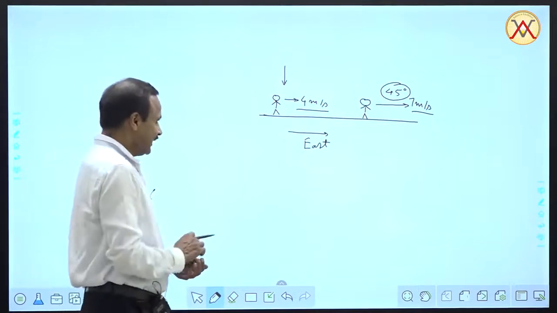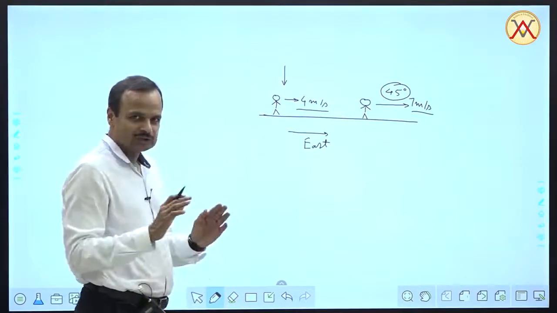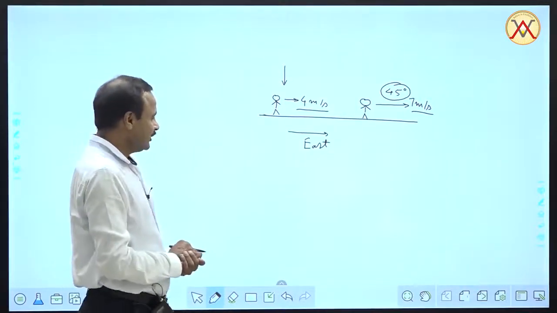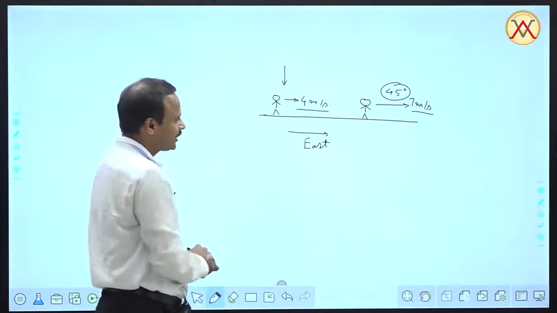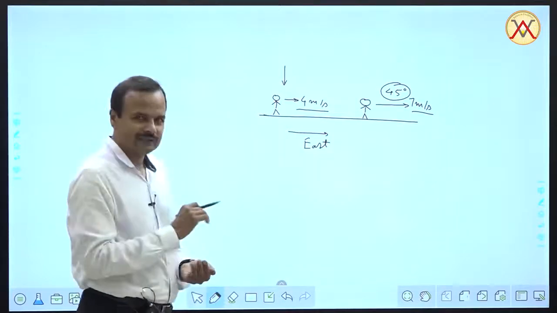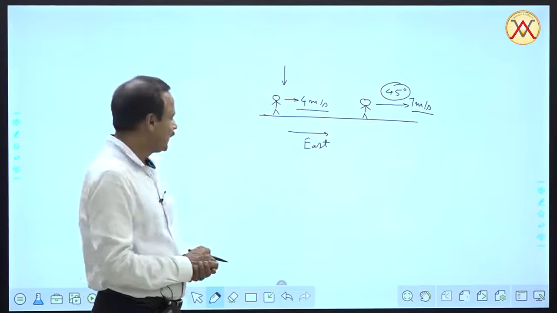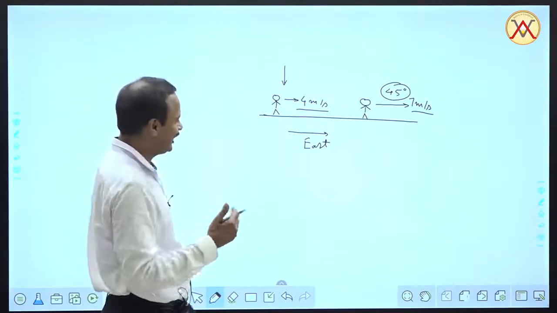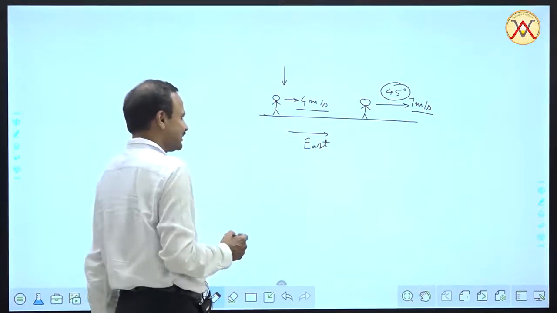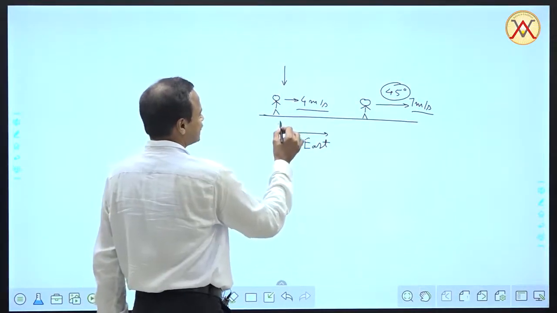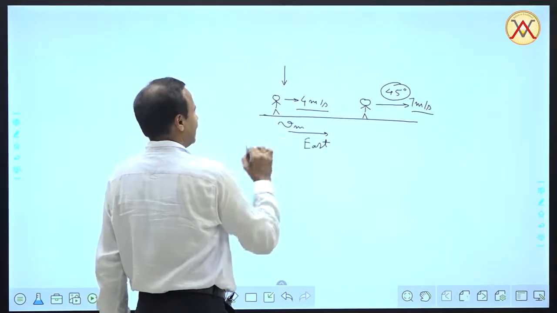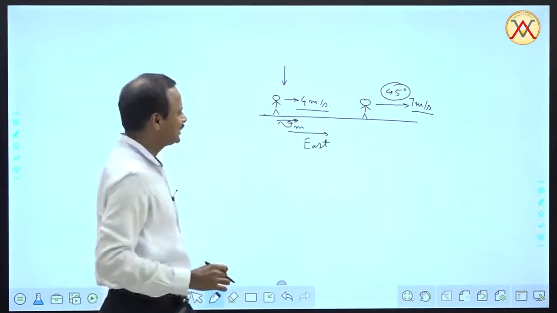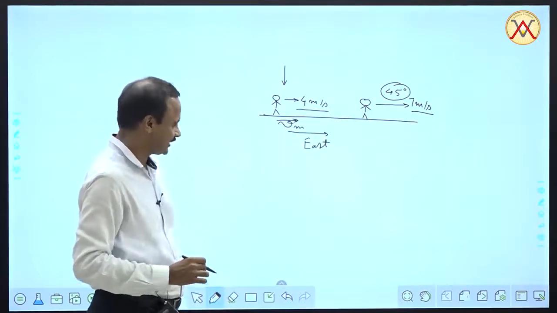Okay, let us now attempt it. I will give you two methods of solving this problem. First, let's try to do it by making the vector diagrams. So, here the three vectors that are involved for the vector triangle of velocities, one is of course velocity of man or Vm vector, and that is towards east 4 meter per second in the first case.